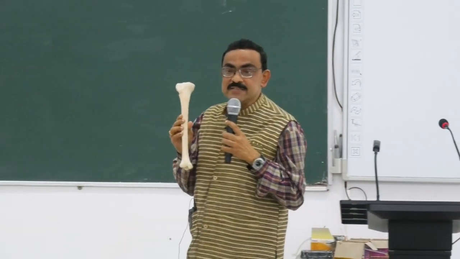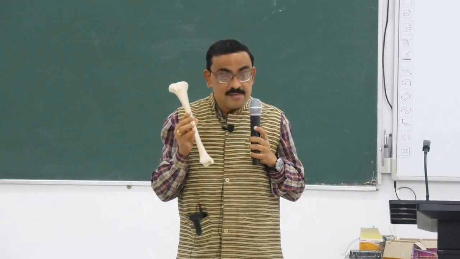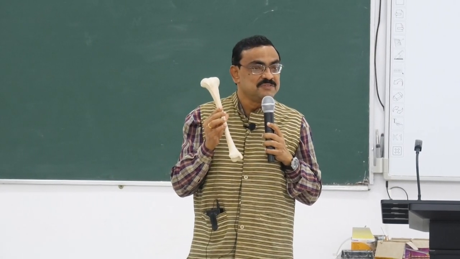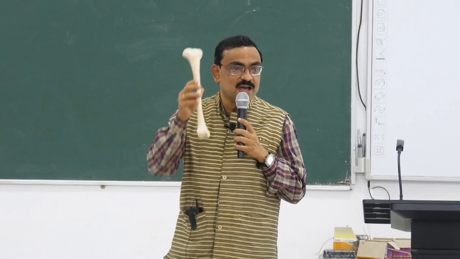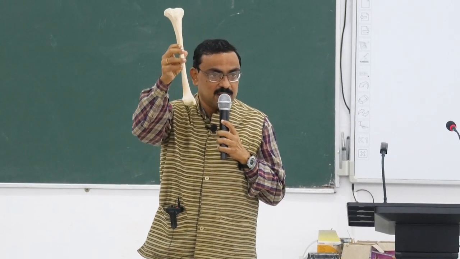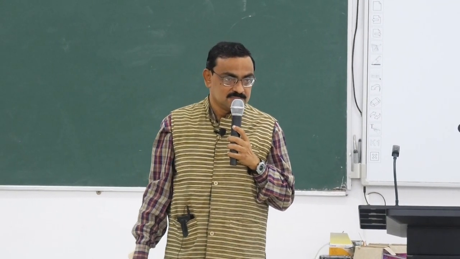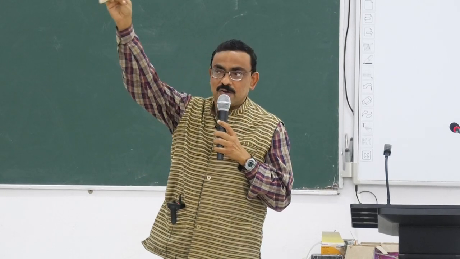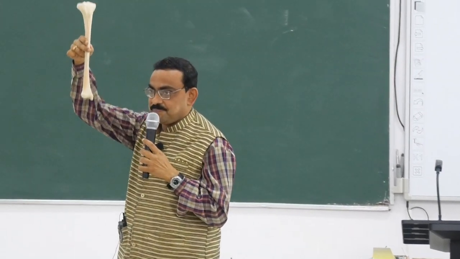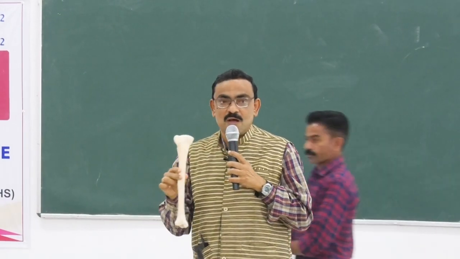The first one is the femur. Femur is the longest bone of the body, and the second longest bone is the tibia. Fibula? No, this is tibia. Any confusion? Now this bone is called as tibia,